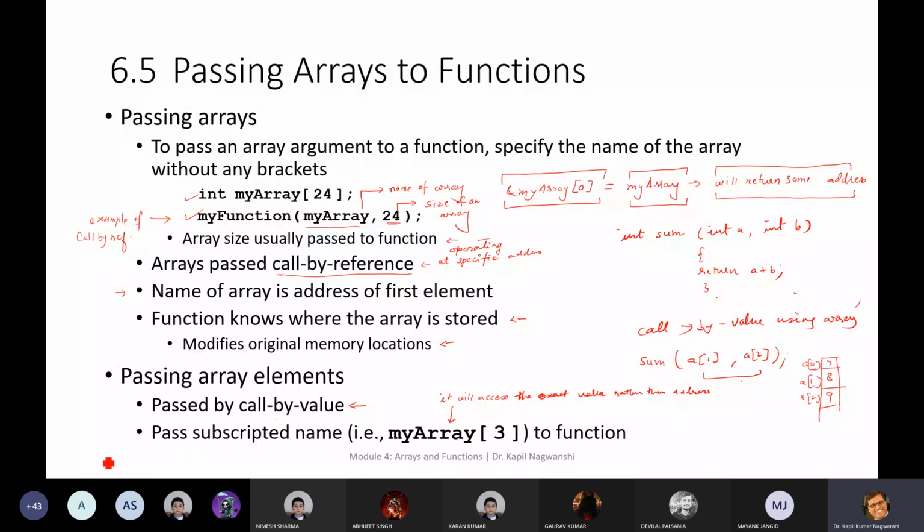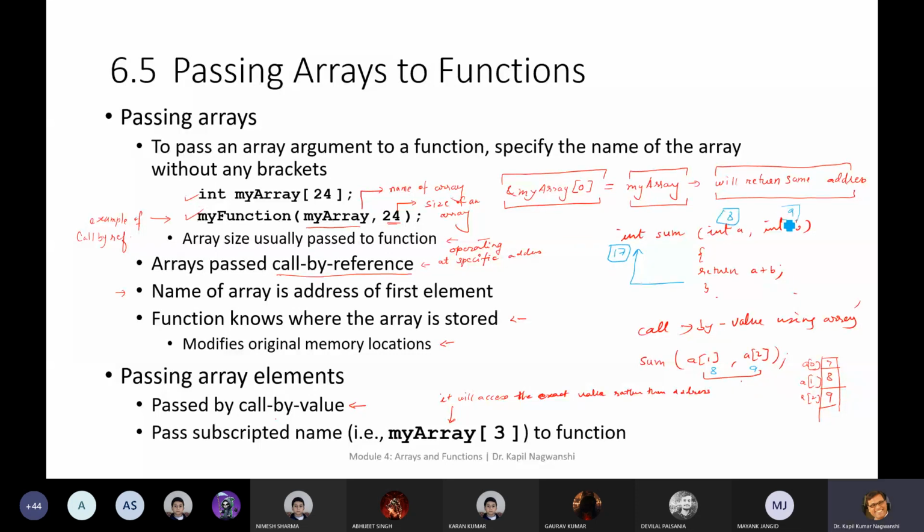So this function will simply pass 8 and 9, and then 8 and 9 go here, and it will return 17.